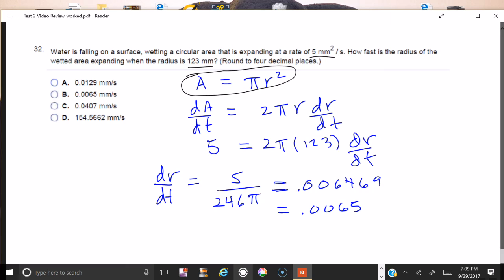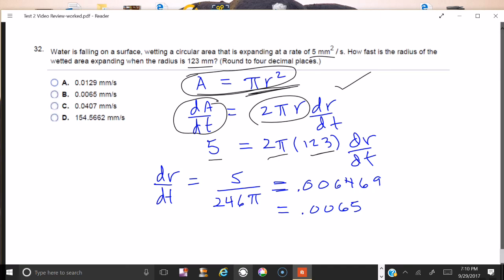So we need to get an equation for dA/dt and relate it to dr/dt. So we take A equal pi r squared, take d/dt of both sides, and we get dA/dt equals, first take the derivative with respect to r, 2 pi r times dr/dt. We're given that dA/dt is 5, r is 123 millimeters,